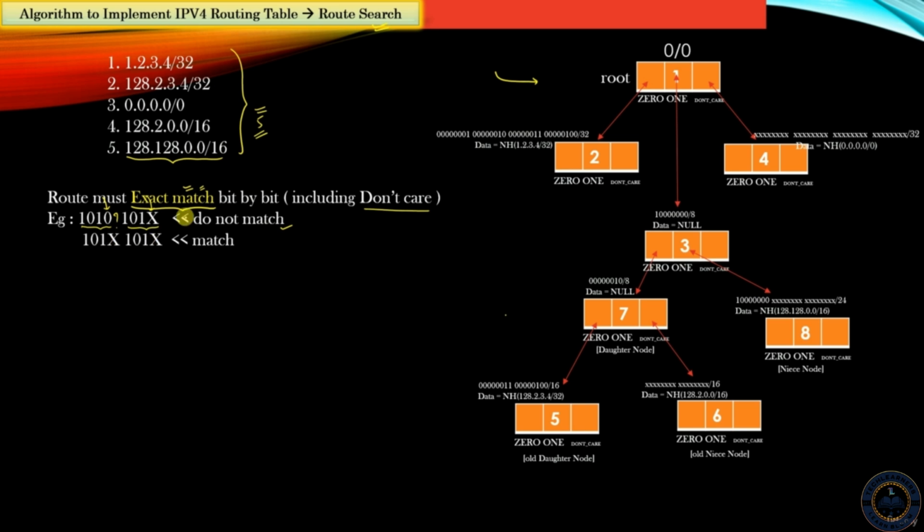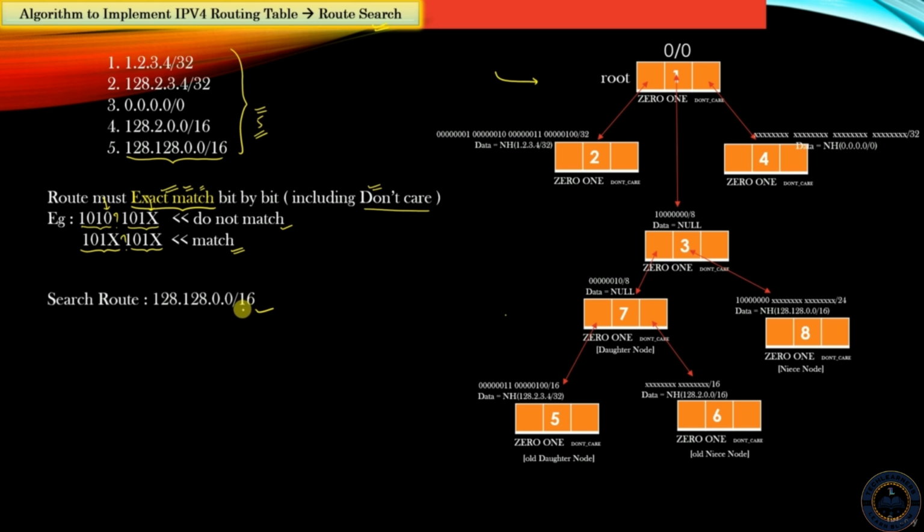So for example, let's say another example, we have a bit pattern here 101x. Does it exactly match with the bit pattern 101x? And the answer is yes. So exact match means that even the don't care bit has to match exactly with the complementary don't care bit on the other side against which the comparison is being done. Having said that, now let us see whether we are able to search the route